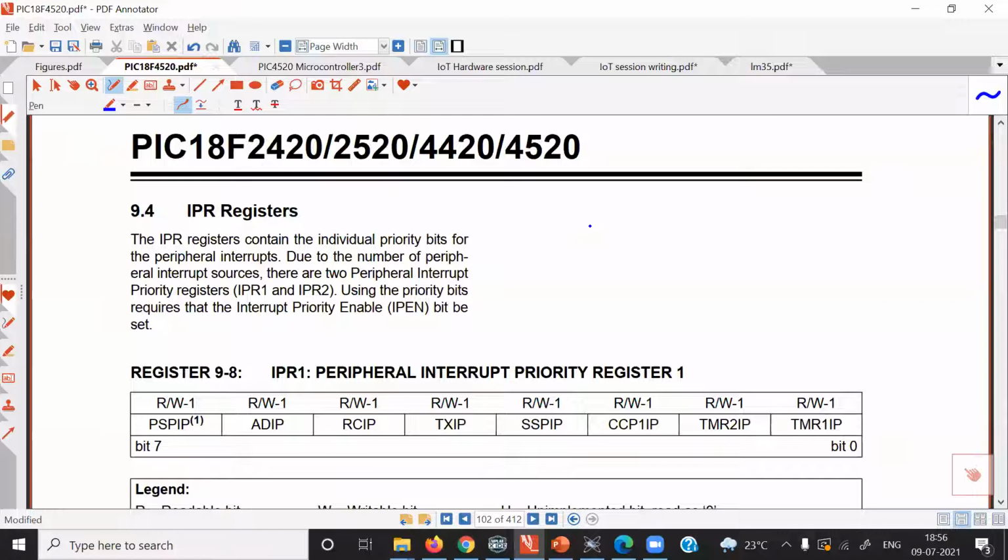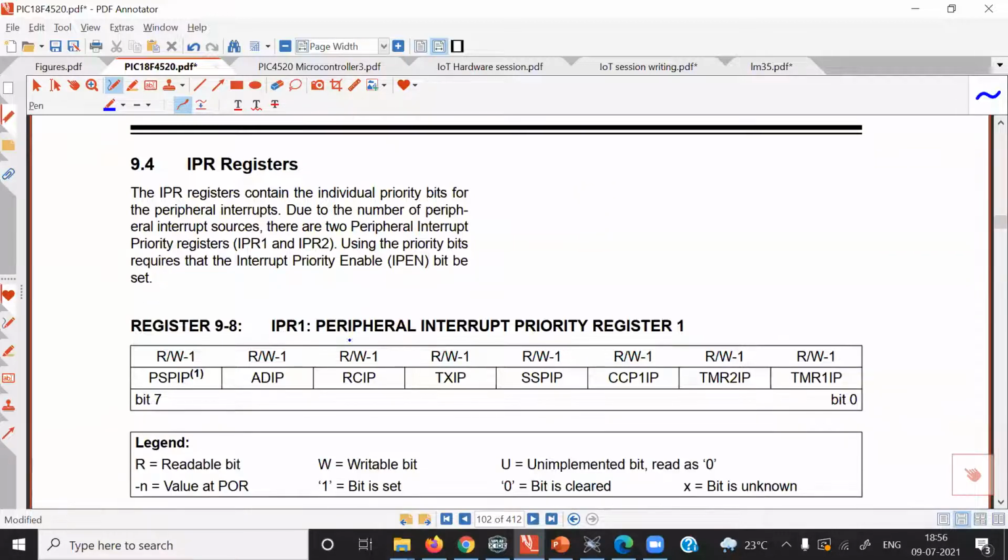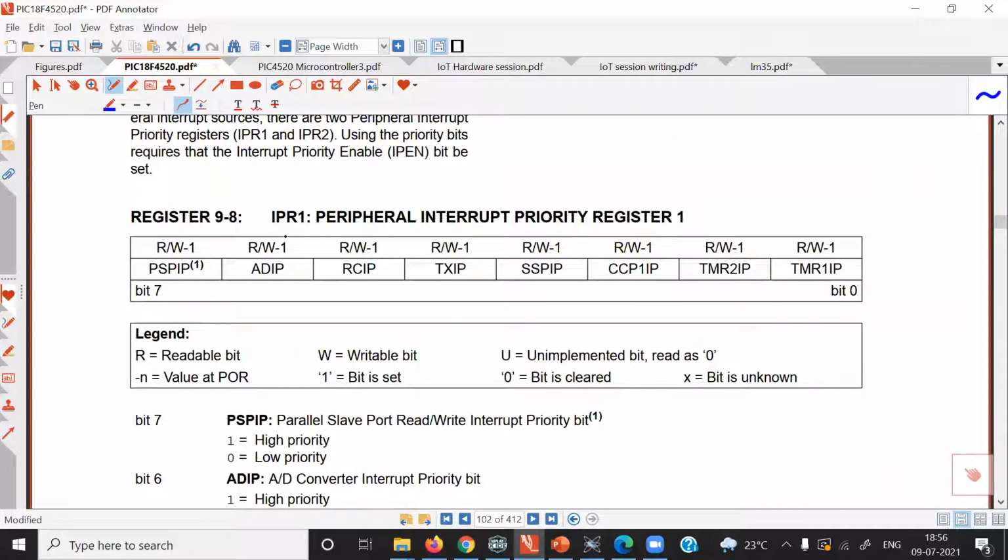Then there are IPR registers, peripheral interrupt priority registers. There are two such registers, IPR1 and IPR2. So with the help of bits in these registers, we can assign high priority or low priority. When bit is 1, high priority will be assigned, and when bit is 0, low priority will be assigned.